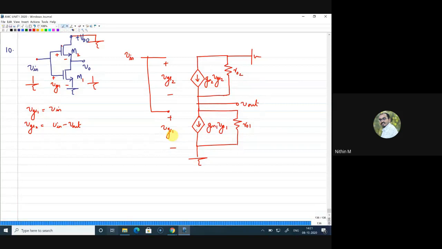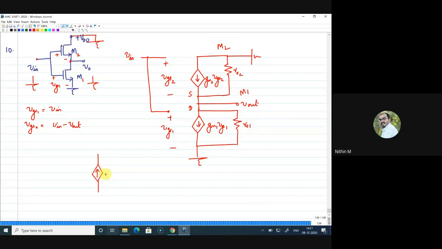Now, if you look at the right hand side where you have the current source, this is the NMOS, this is the M2 device and this is the M1 device. You can see that the source of M2 is connected to drain of M1. That connection is there, and V out is a point which is marked. But these two ends are ground. That means these two resistors are in parallel. So if I modify this, I can draw in this form. Or if I invert the entire thing to down, I can draw in this form.